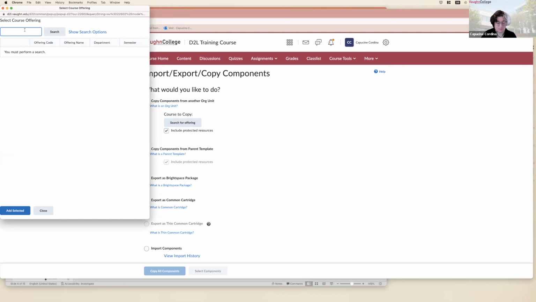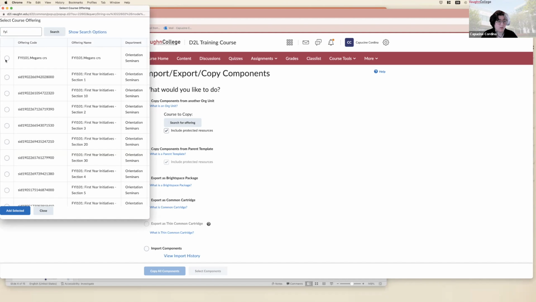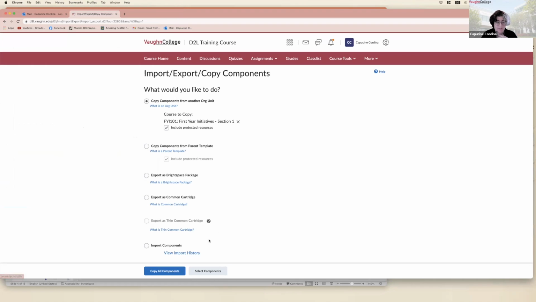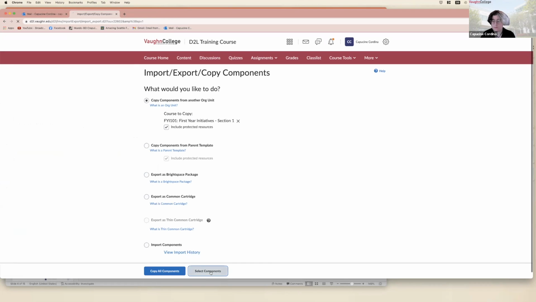So here you type in your course. Just for demonstration purposes, I'm just going to go with this one, and add selected. And then here you can either choose to copy all components or select components. If you do select components,